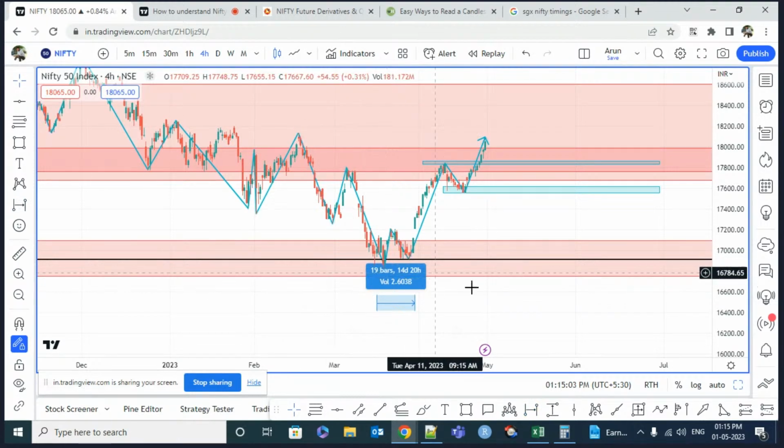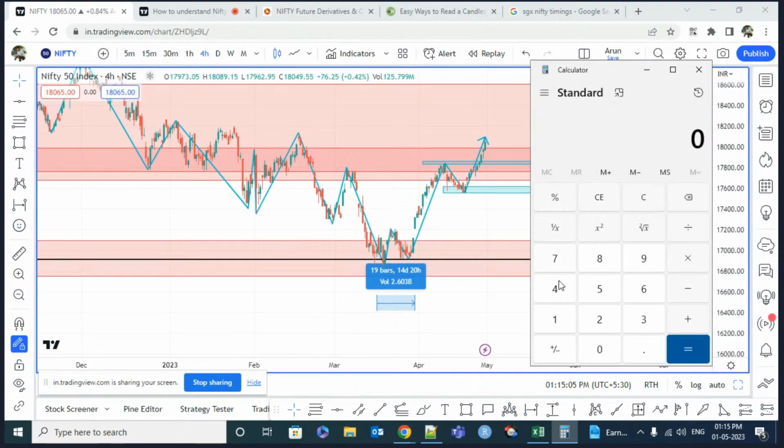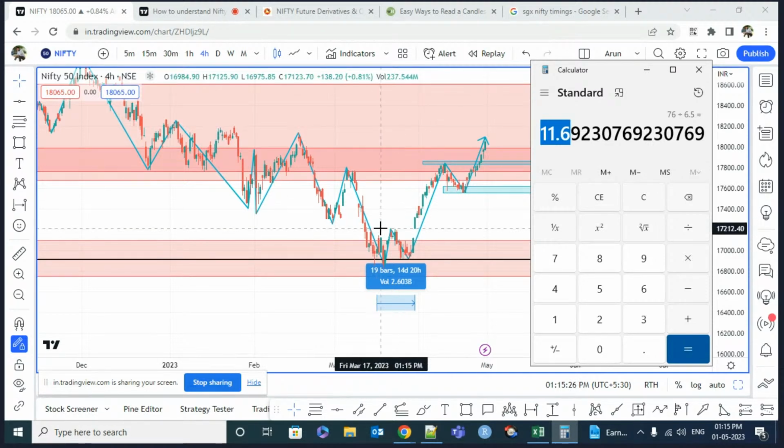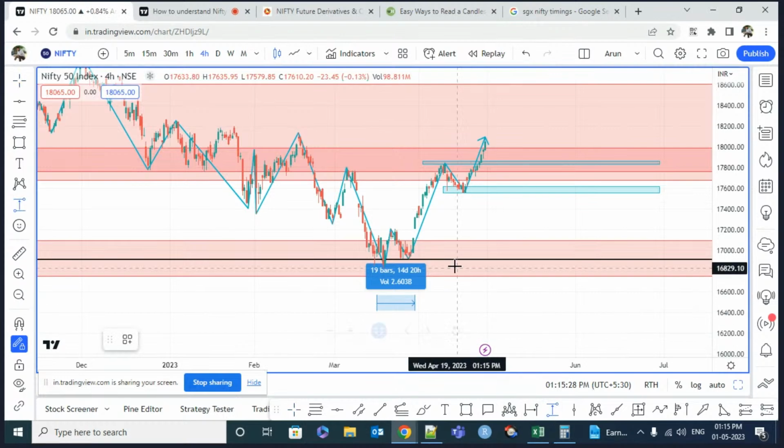It took 19 bars. The 19 bars is 19 into 4, I'm sorry, divide by 6.5 hours, which took 11 to 12 trading sessions, inclusive of weekends. It is almost like 2 weeks you have to wait for the structure to form. Then you had a double bottom neckline break, and if you consider this as a target,